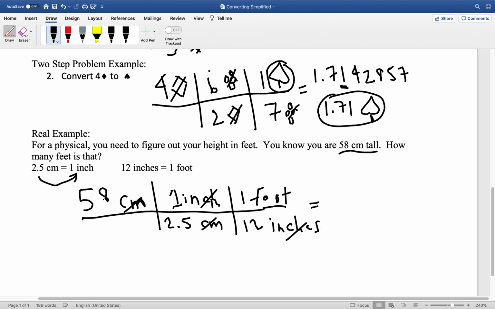Again, you'll go 58. Do I really need to multiply something by 1? No, because anything multiplied by 1 is just the same answer. So I'll go 58 divided by 2.5, hit my equal sign, and then divided by 12. I think that's the easiest way. Personally, your teacher might have some other tips and hints that they use, but that's just the way that I do it. So I'll go 58 divided by 2.5, hit my equal sign, divided by 12. And my answer here is